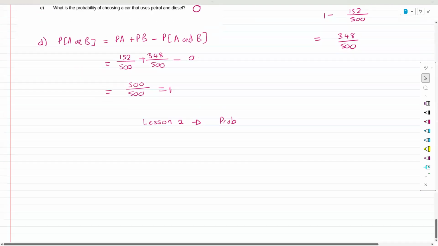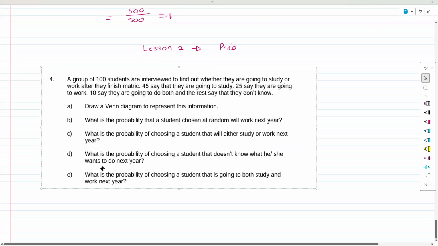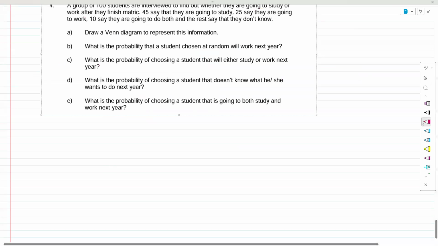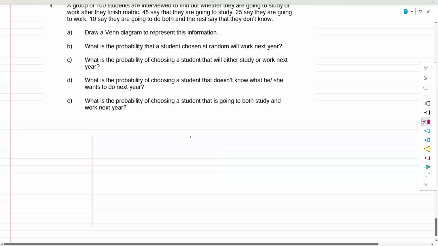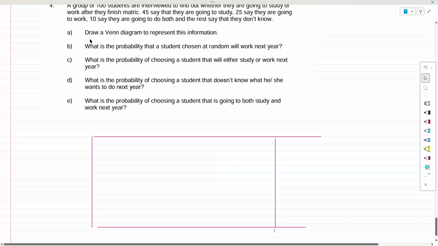Okay. The first example we do would be this one. Now, we randomly have to draw a Venn diagram. I'm going to start off by drawing the box because I think that's the quickest. My box is too big. It doesn't have to be that big. Let's start. So a group of 100 students are interviewed. That's 100 people there